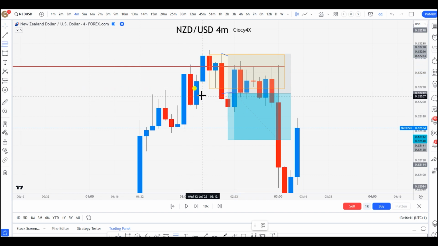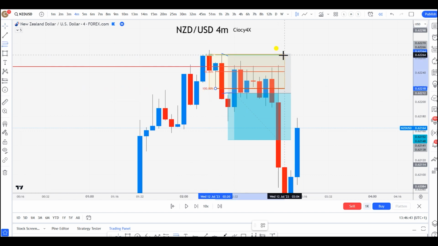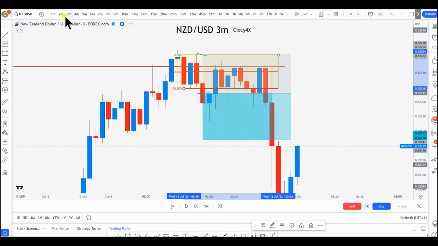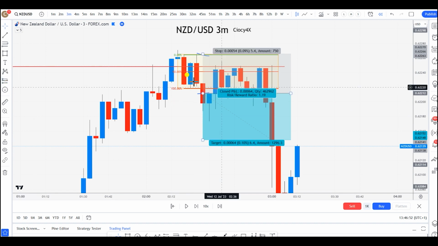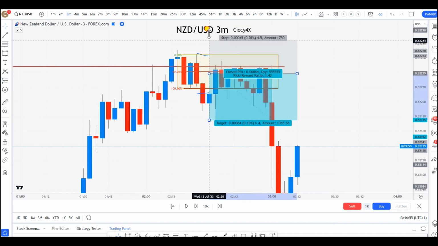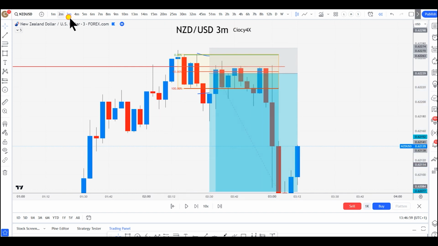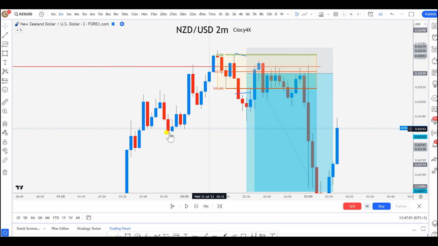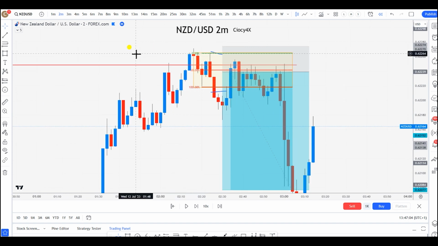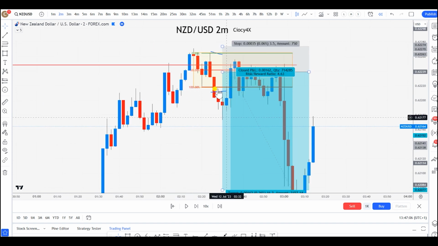And then what you can do, you can take the 50% of that. You see where I'm going with this? Oh, sorry, taking the wrong one. Let me clean a little bit better. All right, look, so you can take the 50% of the range. So you can take the trade literally from here, right? And then drop it all the way down. Or you can take the imbalance, the inefficiency, the way ICT says, that price takes out the liquidity to the left and then it gets away.